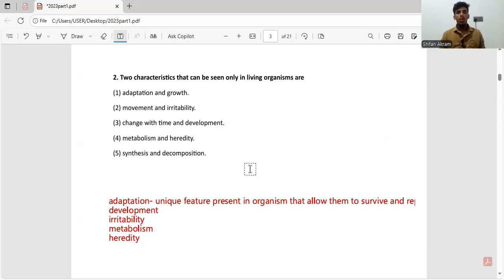Okay. What about growth? Now, the word growth has two definitions. It has a general definition and it has a biological definition. That's why we call the word growth ambiguous, right? Because it has two definitions. Now, the biological definition is increase in dry mass. Yes, it occurs in living organisms. But the most used meaning of growth is the general meaning, which means to get bigger, right? If you take the meaning to get bigger, even non-living things get bigger, right?